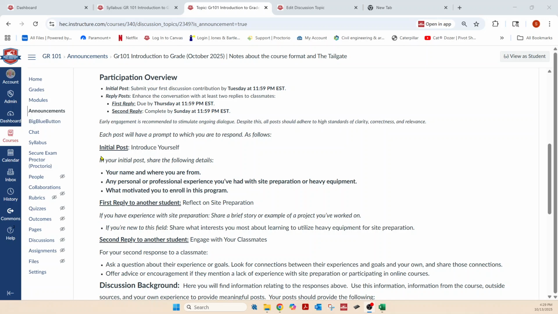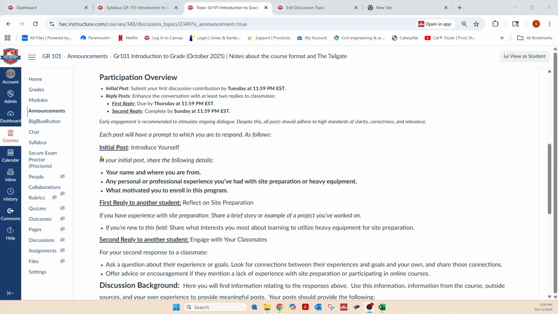I don't have time to determine if you are posting relevant to the prompts or not. So make sure you label all of your initial post. Make sure you label it. Your first reply to another student, I want you to label it first reply to another student, and so on.